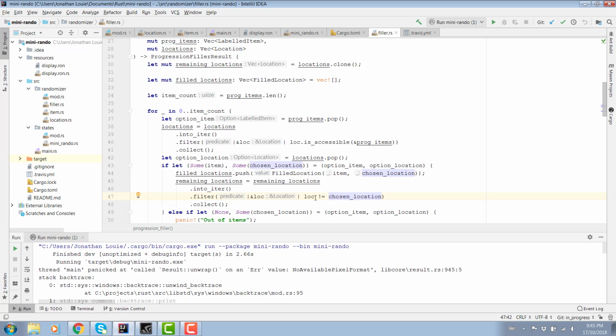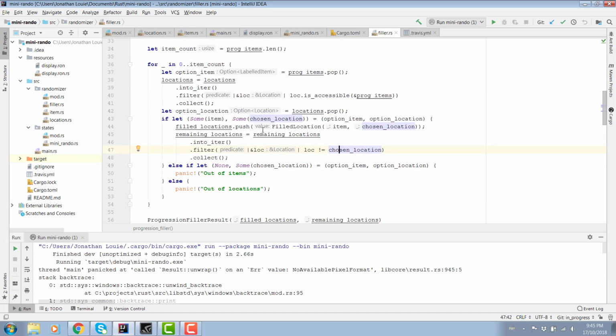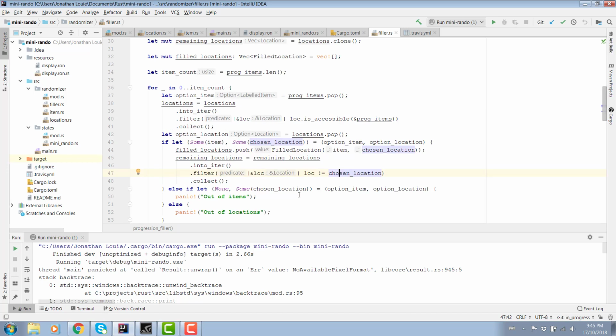So essentially, I was thinking of using a hash set here, but a hash set doesn't seem to work very well because obviously we kind of want to make sure that our locations have an order to them because we need to randomize them. So I poked around online and I realized that I could probably use a LinkedHashMap here. That would be adequate for implementing some kind of ordered hash set.